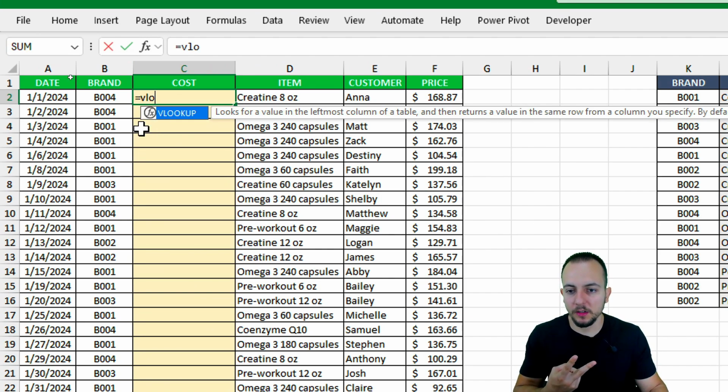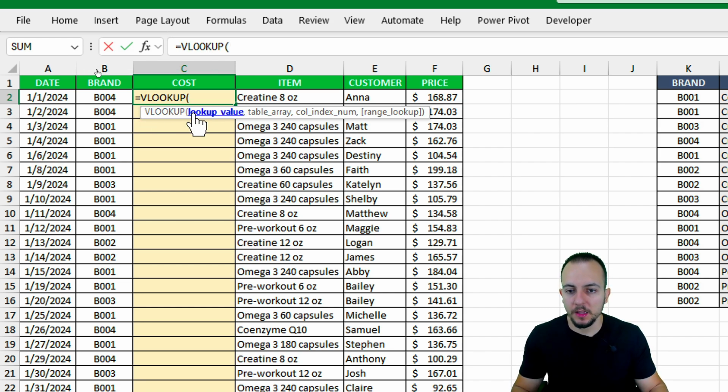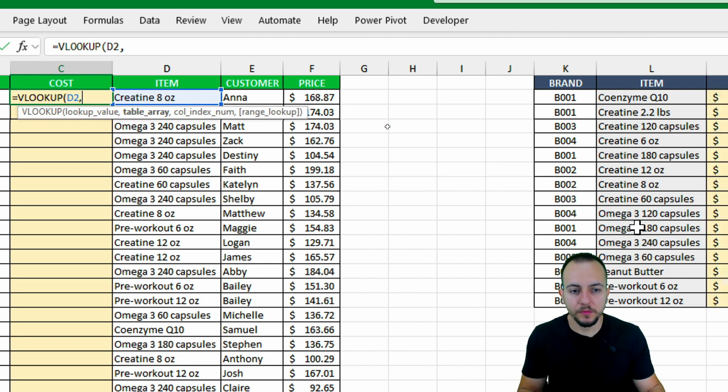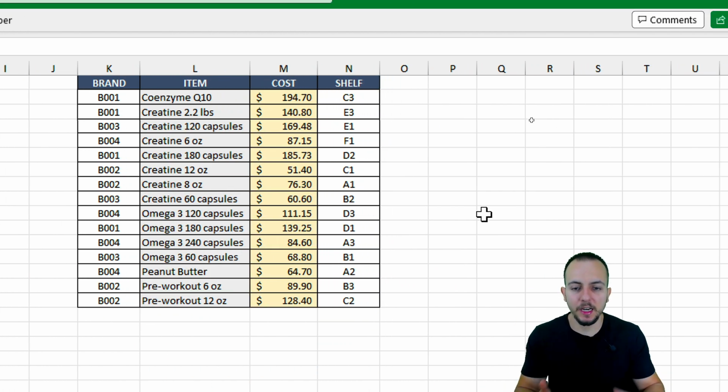Let's double click in the function to select it. The first argument that we're going to have is the lookup value, the thing that we are looking for. And in this case, I'm looking for the first product that I have, that is the item to the right, creatine 8 ounces, comma, to move to the next argument. And now we have the table array. The table array is the table that I want to use to check for the product and also to check